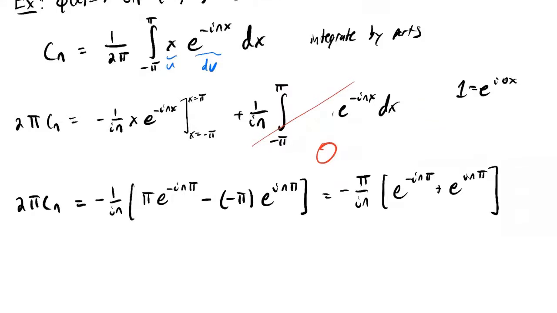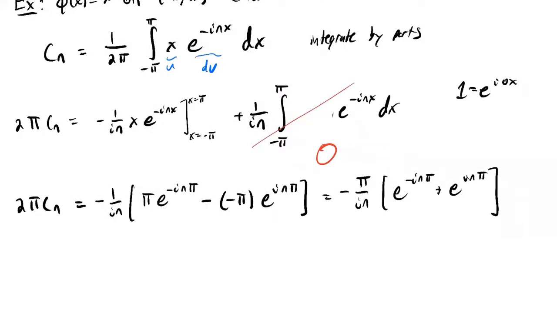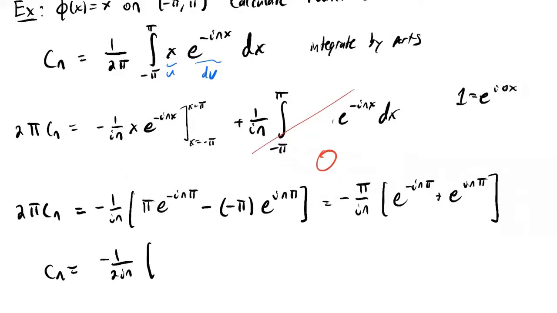Right, and then if you wanted to, you could use the de Moivre formula to combine this further. In particular, I have Cn, now let me divide by the 2 pi, is equal to minus 1 over 2in. And then I have, well, remember, e to the i n theta plus e to the minus i n theta is going to be equal to 2 times cosine of n theta, right? And so this is equal to minus 1 over 2in times 2 cosine of n pi,